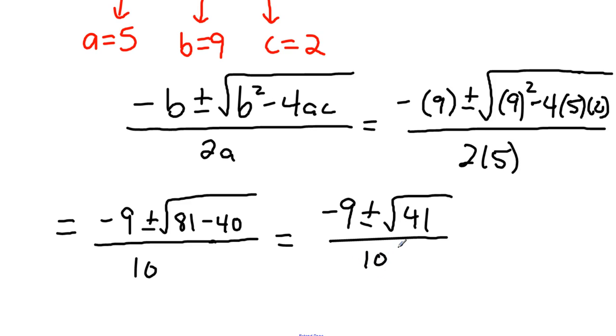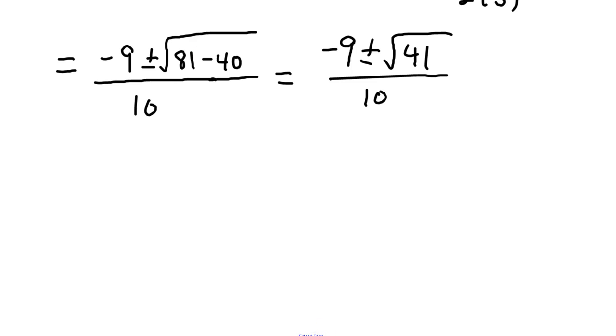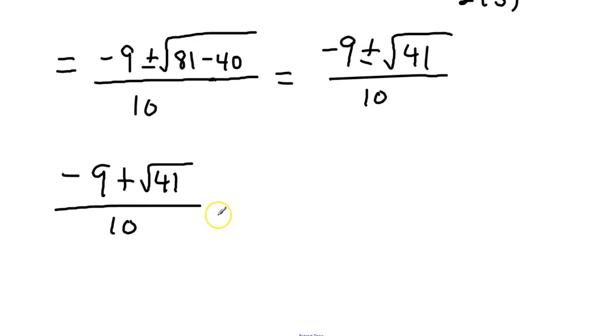Or square root of 41. Okay, and for this problem, they're going to ask for the exact answer. And if you start breaking 41 down, it's prime. Nothing you can do to break that part down. So to me, that's an okay answer. Now, we don't have the plus or minus button on your calculator or on the homework. So for this one, we're going to have negative 9 plus the square root of 41. And since there's nothing you can do to simplify, there's no fractions here to simplify, put that over 10. And then negative 9 minus the square root of 41